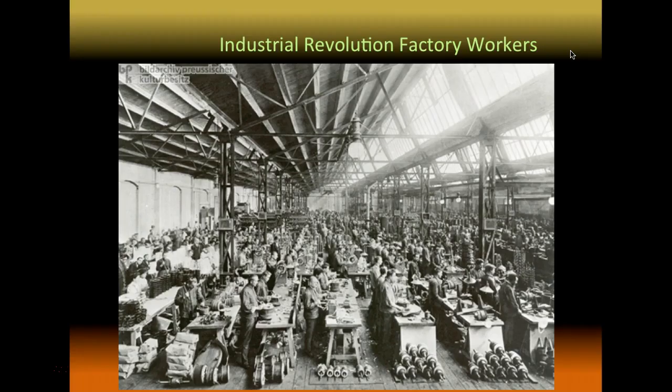More factory workers. In this case, there's a lot of lighting because there are some good windows here, but in a lot of cases, there's not enough lighting, there's not enough air, there are toxic fumes. If there is too much toxic fume and there's light that comes in a certain angle, something can catch on fire, and boom, everyone is dead because the doors are locked. Imagine having to go to the bathroom. You need to ask 75 people to get out of your way. It's a very uncomfortable situation here for a lot of people.